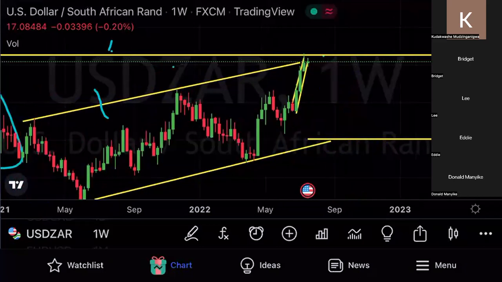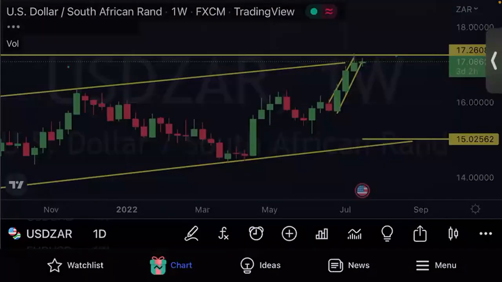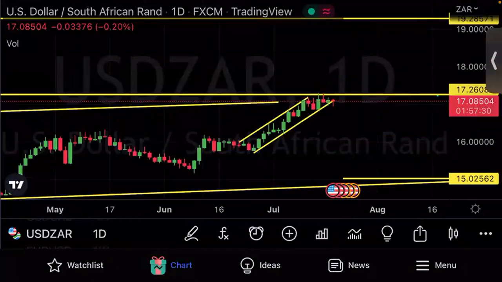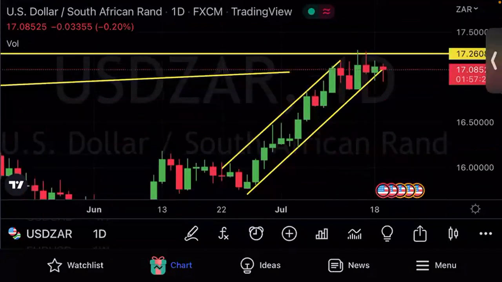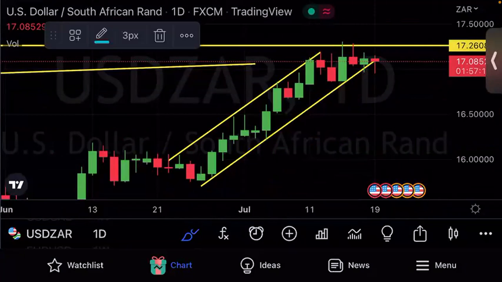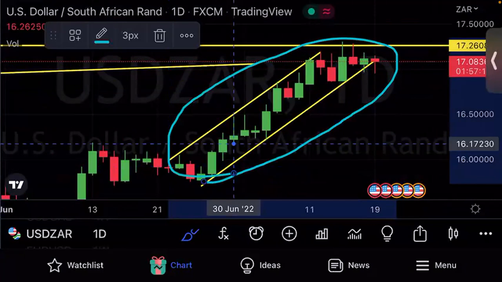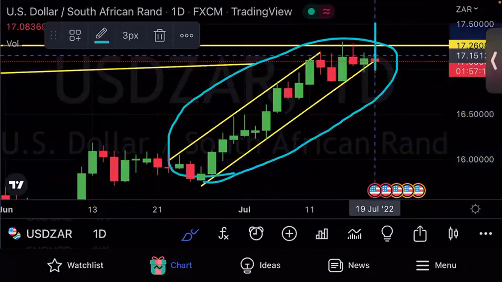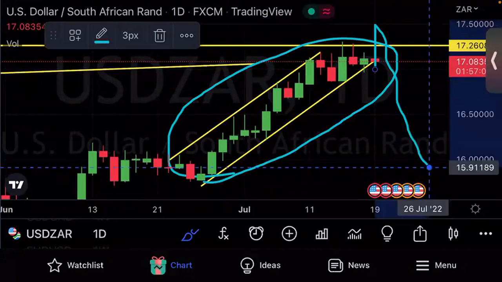So we move back again to the smaller time frame so that we can clearly see the price action that we have on the smaller time frame. Look how we are approaching the area of value. This is a pattern, this is a channel. We are approaching in form of a channel, right? Do you think price will push to the upside there, or do you think it will push to the downside? The highest probability is to the downside.